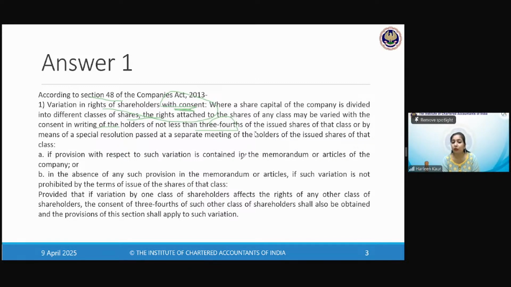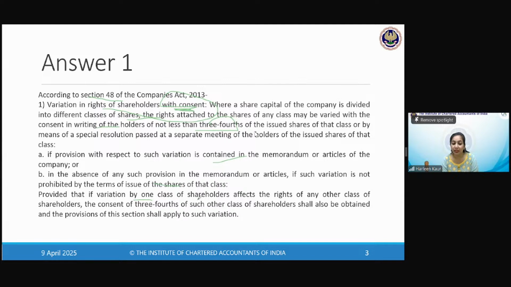Variation must be contained. You forgot mentioning this, children. Variation should not have been prohibited. Yes, Kevin, you also forgot. It should be allowed in the MOA. You have to give the full answer also now. It is a big thing. Yes, Priya Mishra, good. Everyone has given the correct answer. Oh, it's okay. No need to be sorry about that, children. Yes, MOA and AOA should be allowing. There should not be any prohibition.